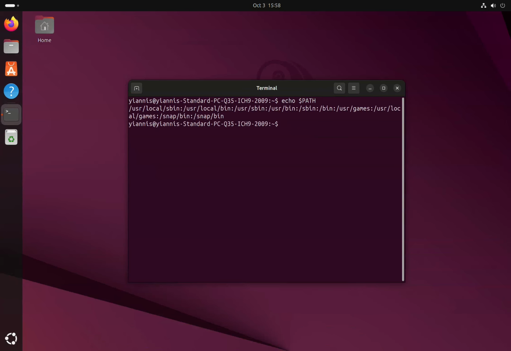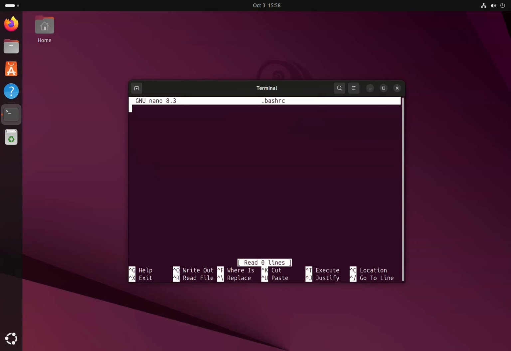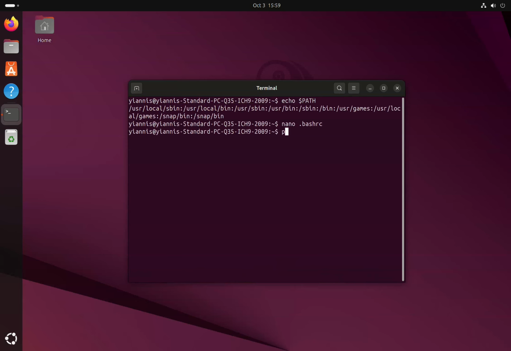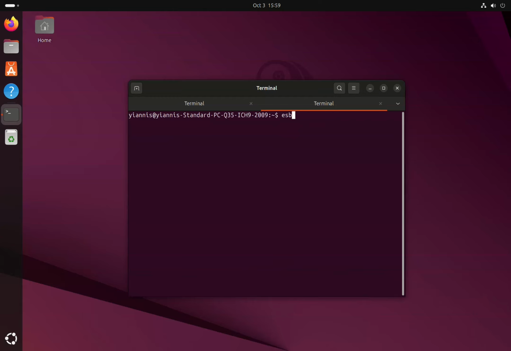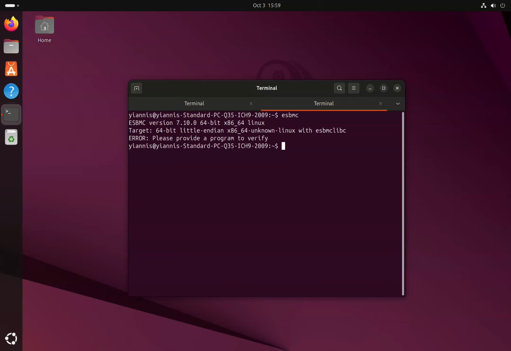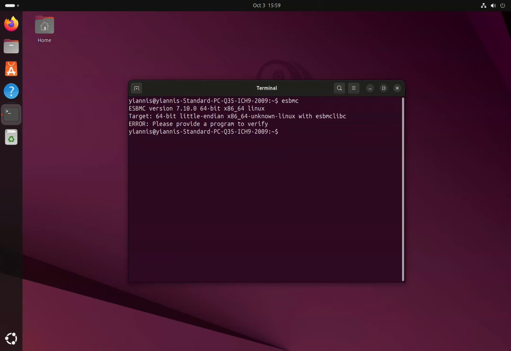We're going to check if that directory is in our path. And if it's not, then we want to edit our bashrc and add it in there. We want to basically just write that value. And of course, /home/Yanis is my own username. You want to do /home/your own username when you're doing this. And you can see your username in the left side of the terminal, before the @. And if we open a new terminal session now, you can see that ESBMC is successfully detected in path